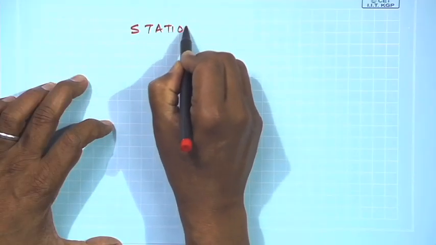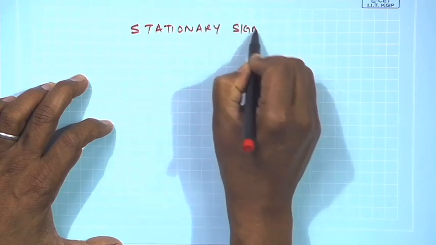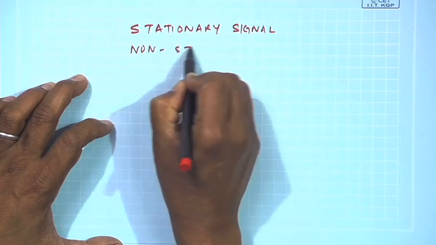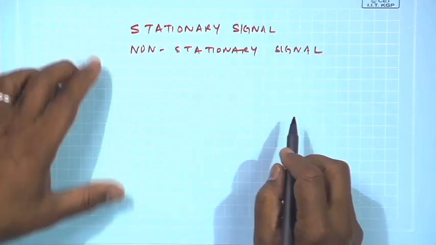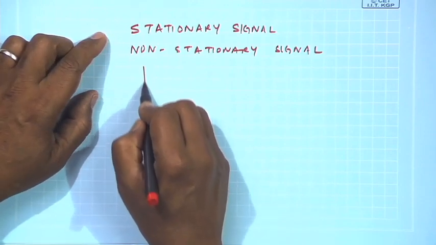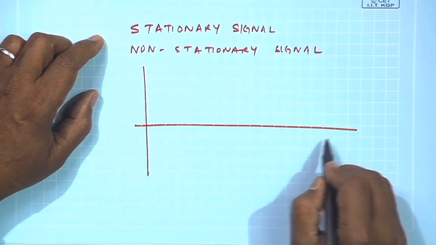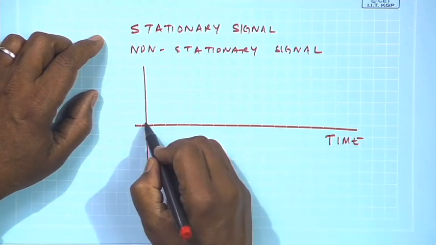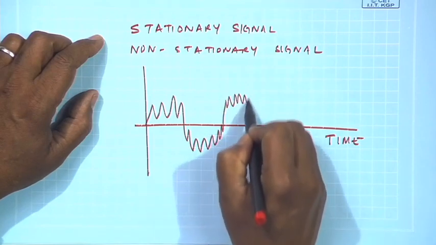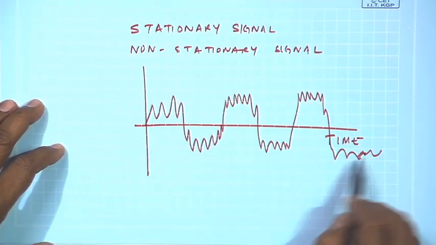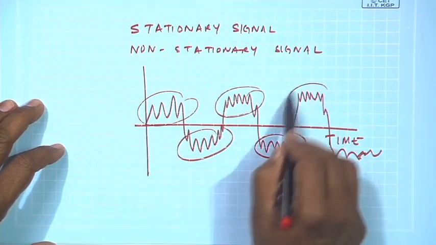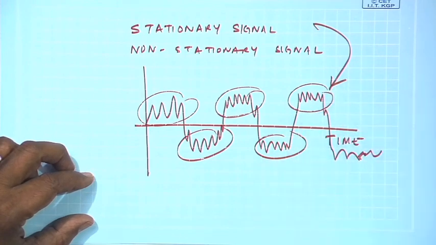which is known as a stationary signal or a non-stationary signal. Both are alternating signals or dynamic signals, but their characteristics have a difference. For example, if I plot a stationary signal over time, this pattern is going to repeat. Whatever I can draw here, you can see this pattern is repeating at all times. So, this is a good example of a stationary signal, as opposed to, with a different pen,